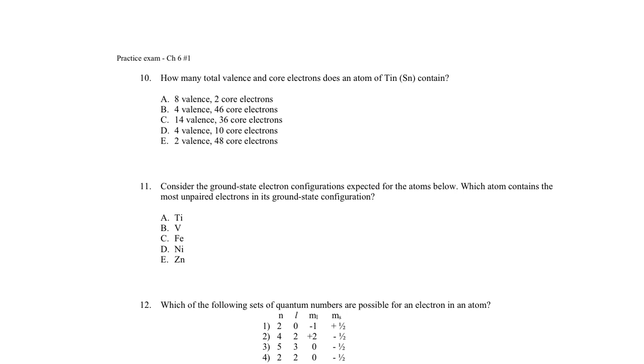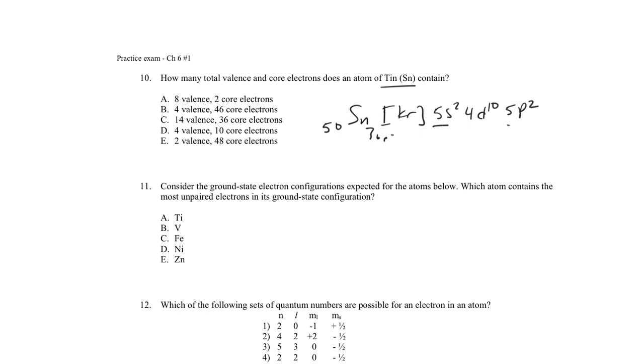A few more questions for this packet. How many total valence and core electrons does tin have? Element Sn. Tin is element number 50. So it's also going to follow like iodine. It's going to follow from the krypton configuration. So we can write its configuration as krypton, that's 36 electrons, and then krypton, 5s2, 4d10,